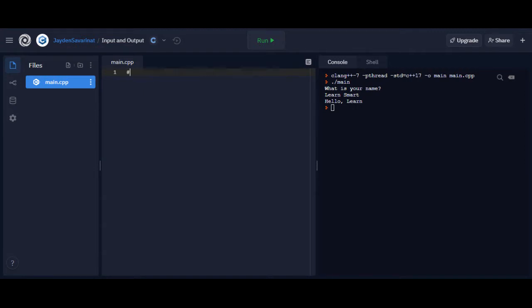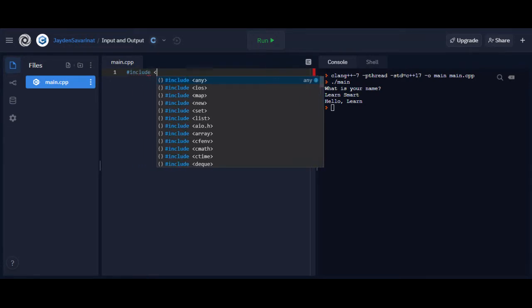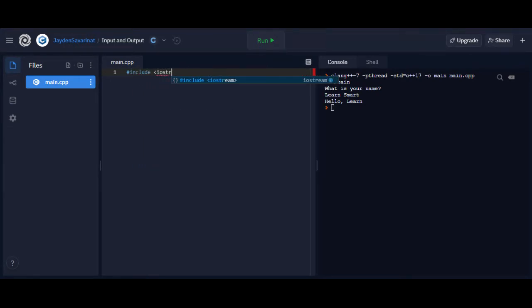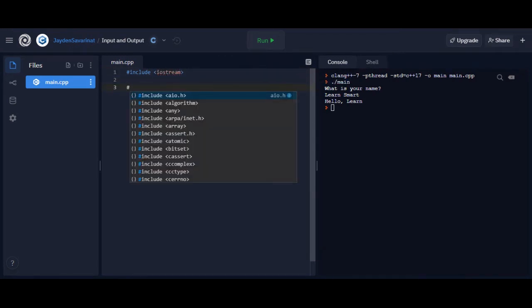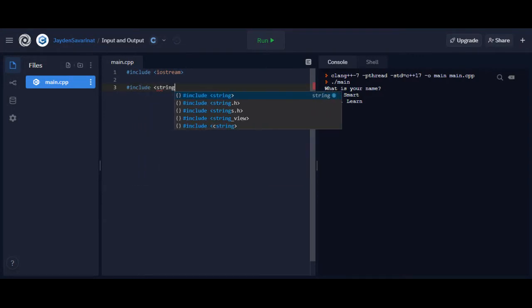So let's get started. First you want to include iostream. And in this video we will also want to include string. And lastly we want to put using namespace